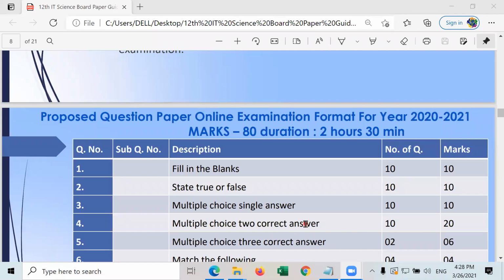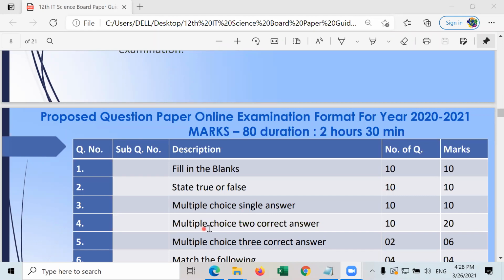And if both the answers which you have selected are wrong, you will get 0 marks. Consider that the correct options are A and C. And if you select A and B, you will get 1 mark. If you select A and D, again you will get 1 mark. If you select B and C, you will get 1 mark because B is incorrect and C is correct.